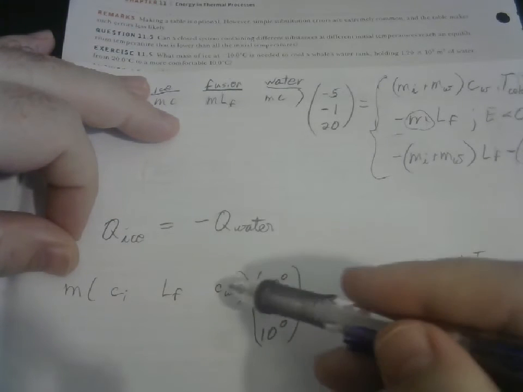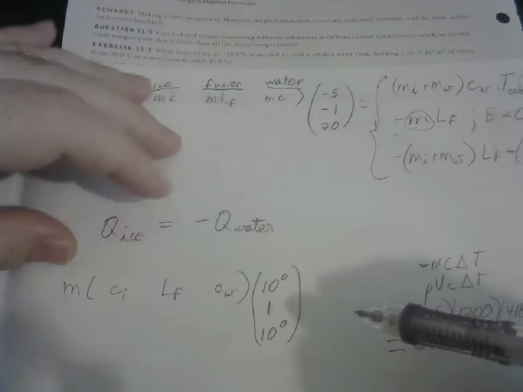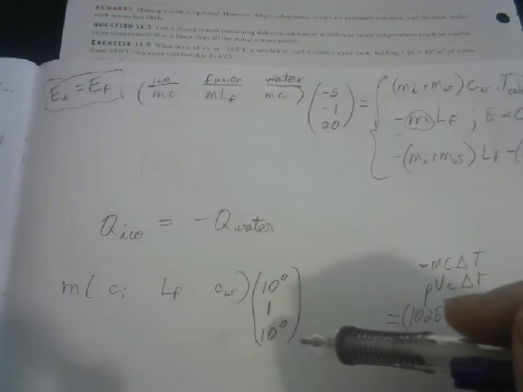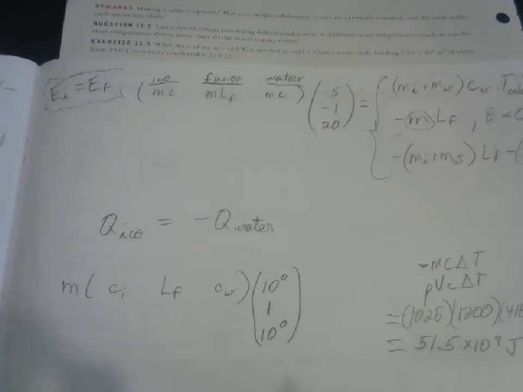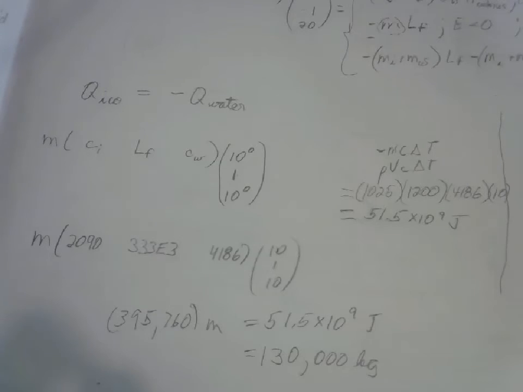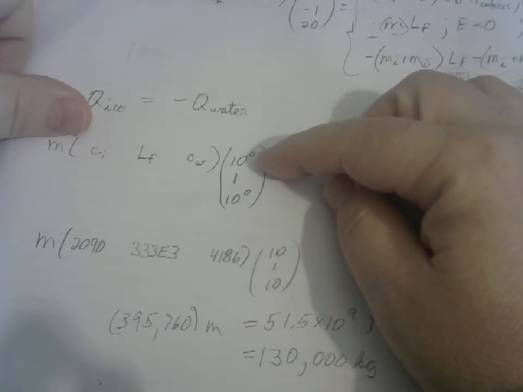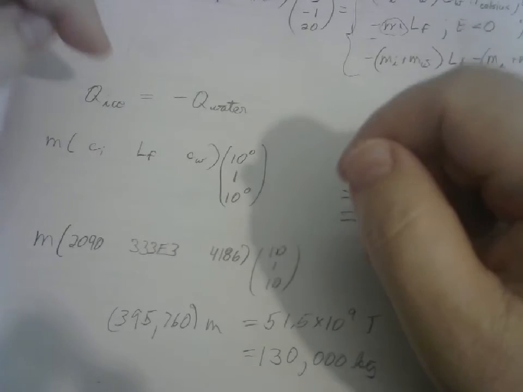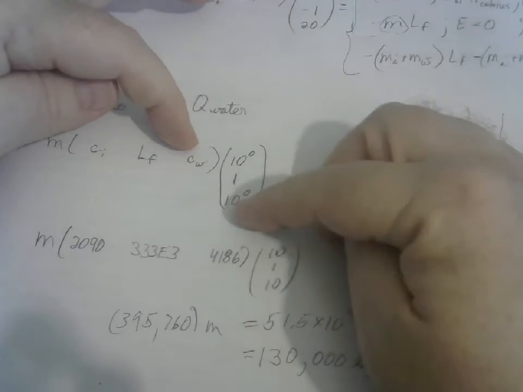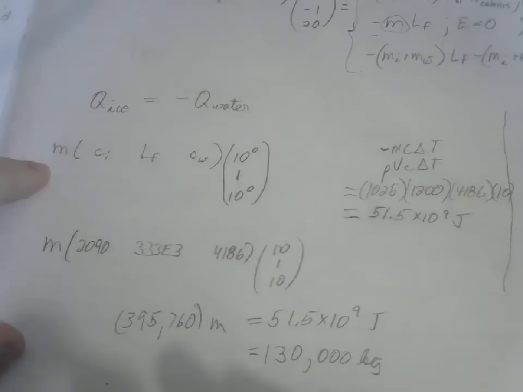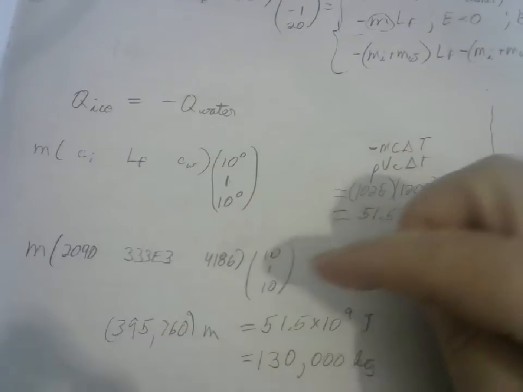And then the mass times the specific heat of water times 10 degrees, which means that it's going to be going up according to the specific heat of water. So now by multiplying the specific heat of ice times the change in temperature plus the latent heat of ice, and then the specific heat of water times its change in temperature, and then multiplying by the original mass of the ice, we find that all these things together come out to be